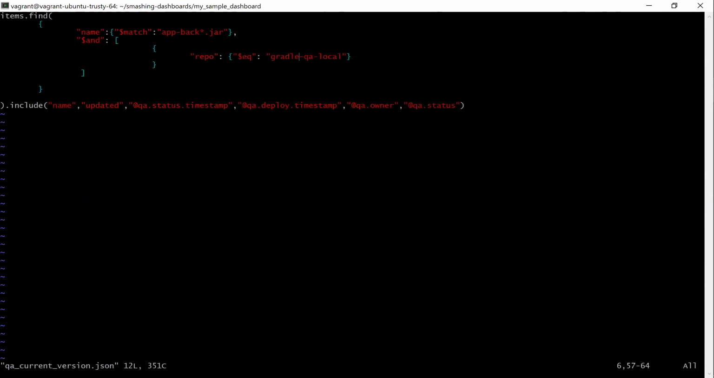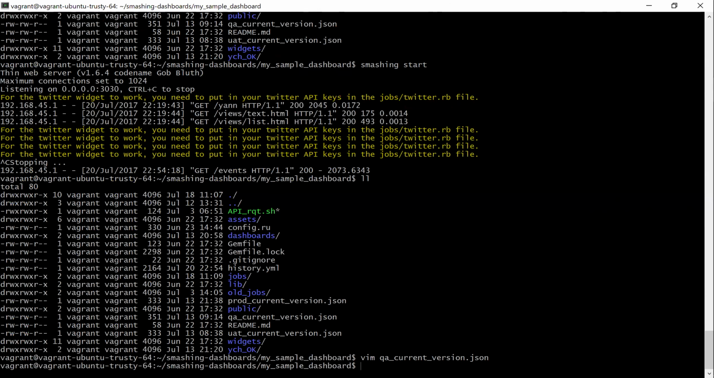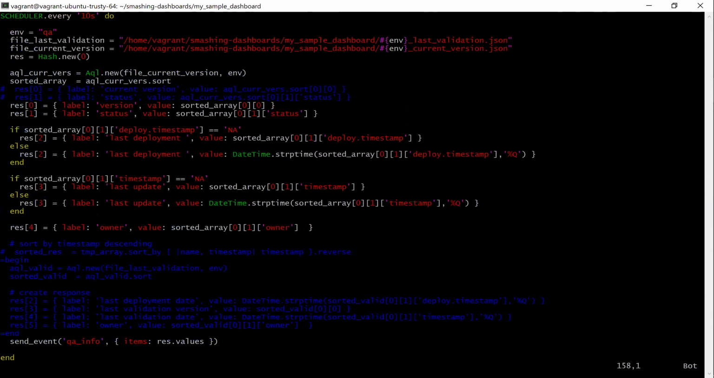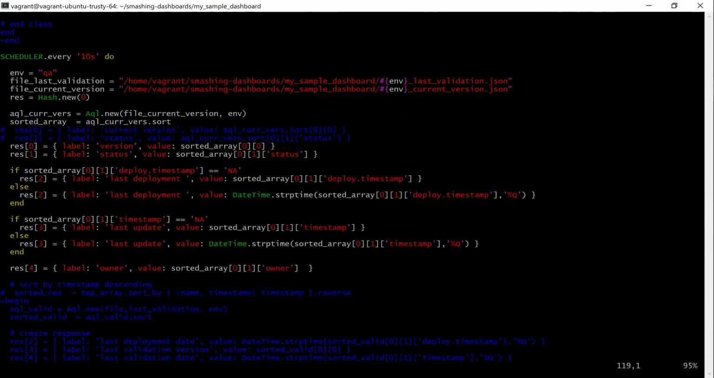So basically, my routine, my job, will do this query for me and then display the results onto the dashboard. So I will quickly show you the routine. Okay, so this is the routine. It will be run every 10 seconds. So we will specify the JSON query, the AQL query, and for this demo, I just wrote a wrapper